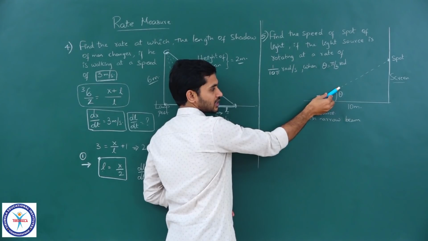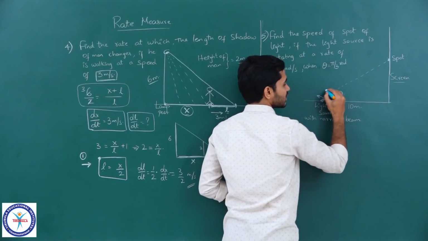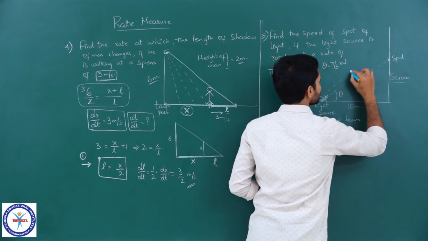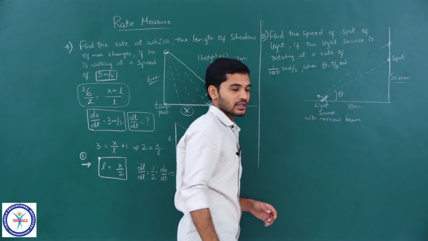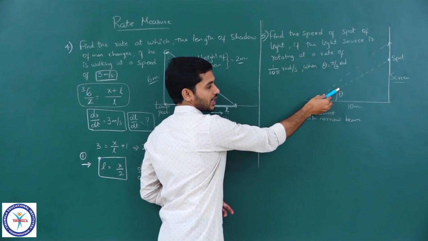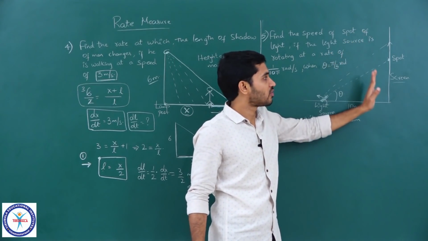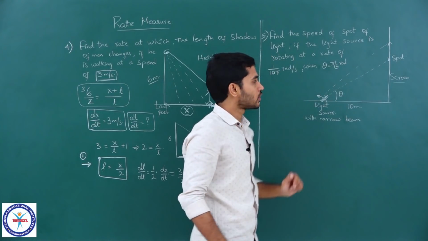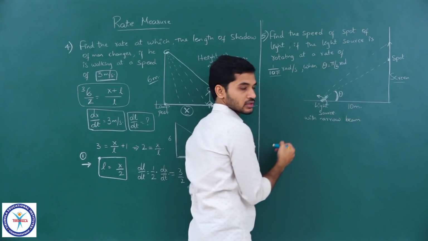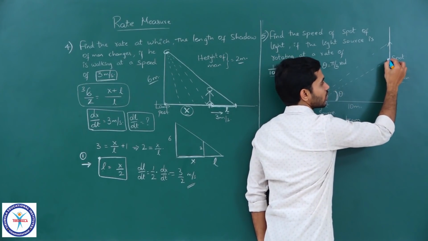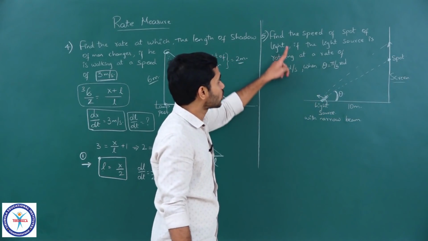Now, as this starts rotating in this manner, let us say it rotated to this angle, then the spot of light will also change. So, spot of light will travel from here to here, correct. Which means as this light source is rotating, the spot of light moves along the wall vertically upwards. Clear? So, they have given us at what rate this angle is changing, and we need to find out at what rate this spot will be moving. Is that clear, everyone? That is what they are asking.